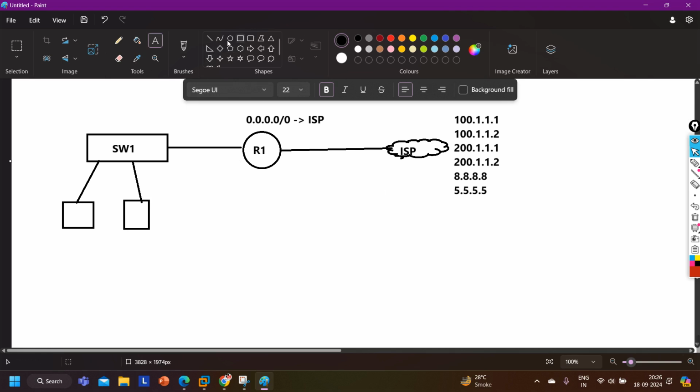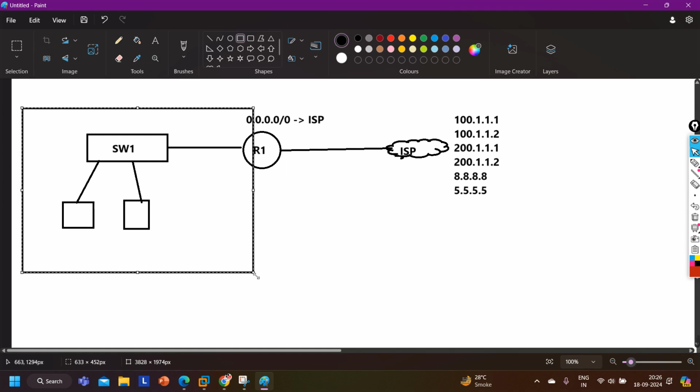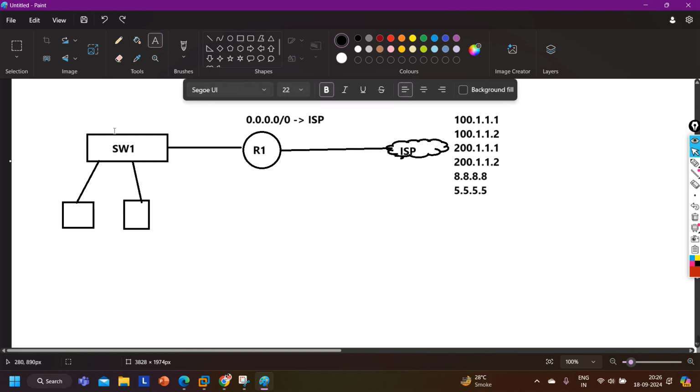The next thing, this is my private network. So here the subnet I will use is private. Let's say I'm using 192.168.10.0/24, right? And here you are going to purchase a public IP from the ISP.